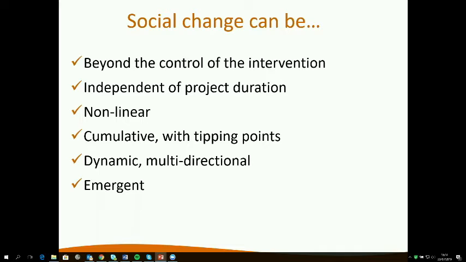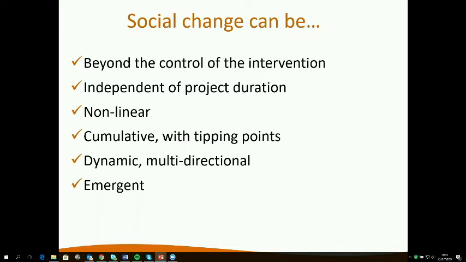What we do, the activities that we do and the funding that we put into an intervention is ultimately in the control of the actors or stakeholders that we work with. And change is also very independent of the project duration. You know, we say a project is 3 years or 5 years, and then that's it. But change happens beyond that, and things keep evolving beyond that as well.